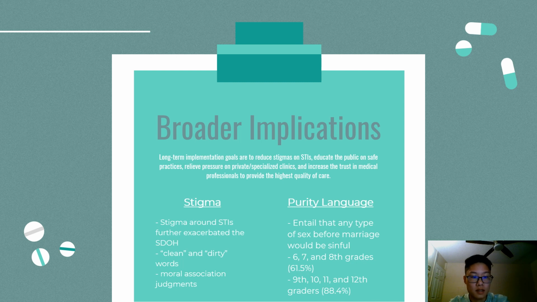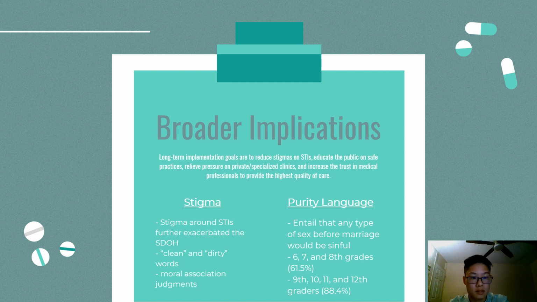The stigma around STIs further exacerbates social determinants of health. A common misconception when trying to promote STIs is putting negative connotations. Being STI free is considered being clean. The intention behind using these words, clean and dirty, puts blame on the individual and further plays into the STI stigma. Using terms like "my test was clean" implies that people with herpes, genital warts, etc. are dirty. This is also known as purity language, and it is